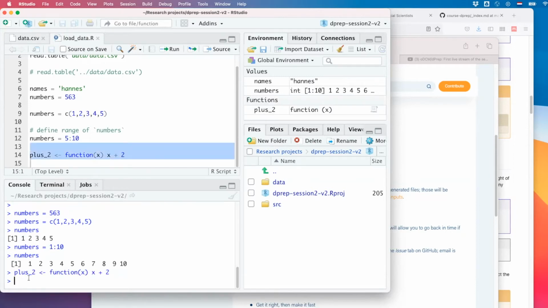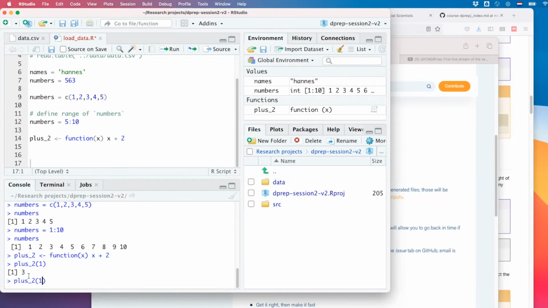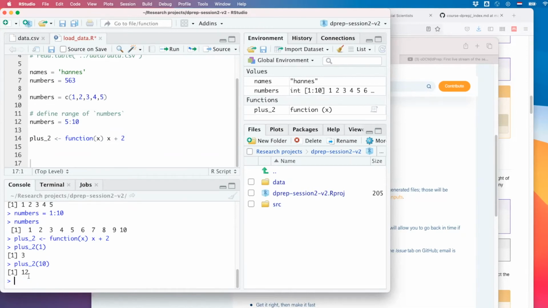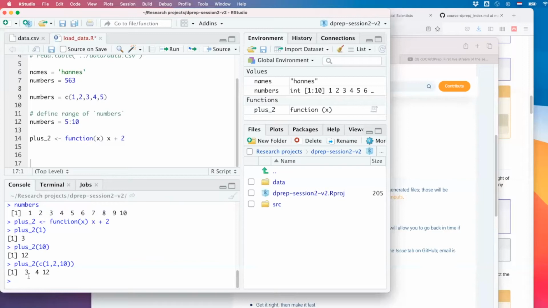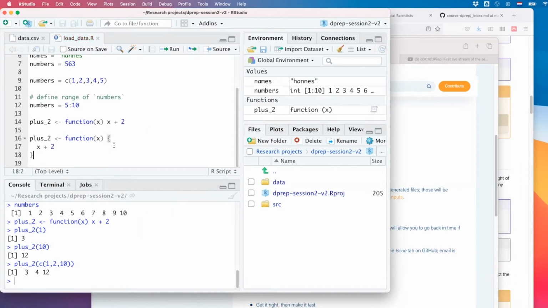The good thing about this function is that we can now call it. I'll call this function in prototype mode and give it 1 argument. That's 3. The function works, but I can also pass it multiple numbers, 1, 2, and 10, and it'll do the calculations. With writing code, that is a very useful thing to do. Sometimes your functions run over multiple lines. If you do that, you use a curly bracket to open the function and a curly bracket to close it.